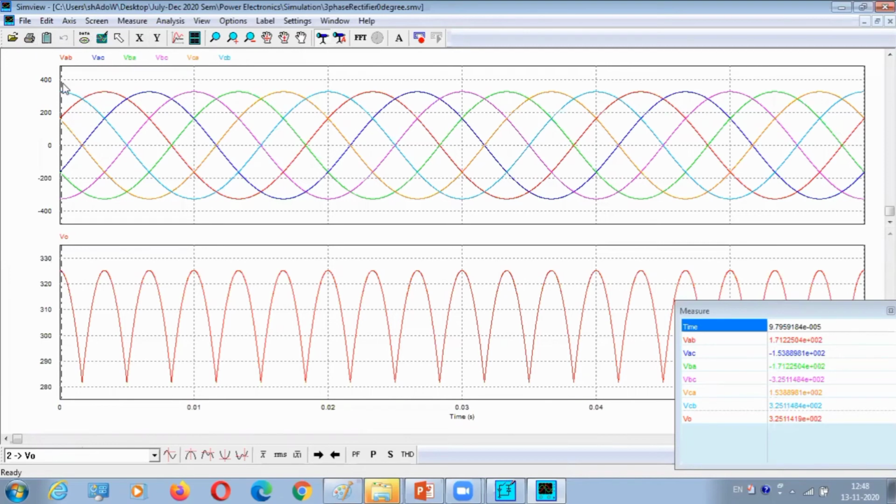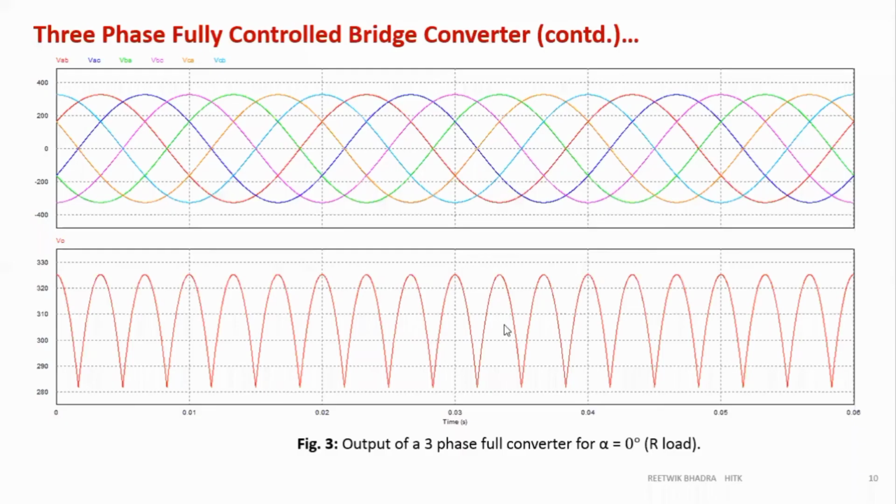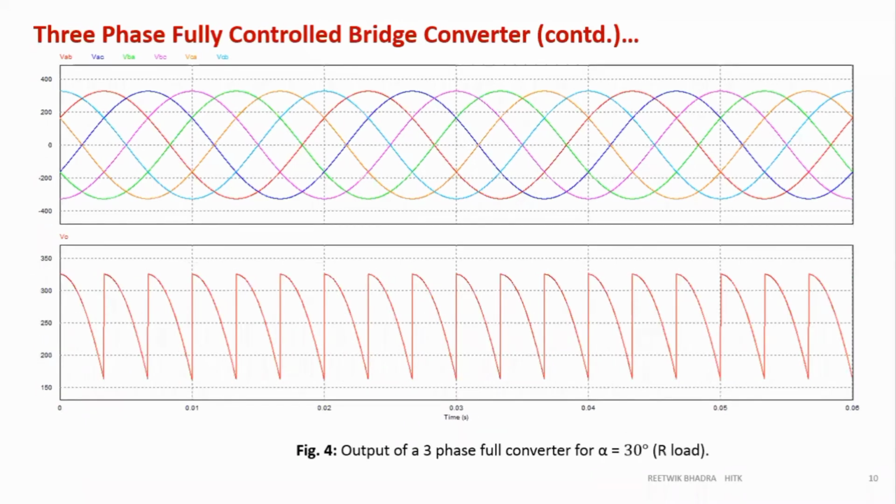See, all this they have represented by different colors. But in the exam you can't represent it with so many colors. I told you, draw one by a bold line, the opposite one by a dotted line with the same color. Okay, and show the conventions as I have shown. So this is how the simulations can be done. I have done simulations and given you some results for 30 degree. The waveform will look like this. Okay, you can simulate it and find this out.